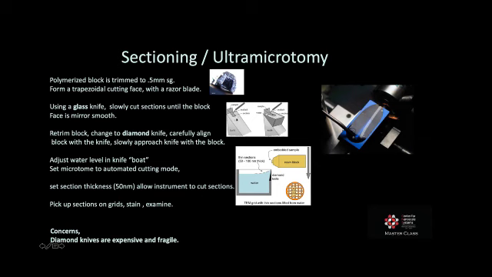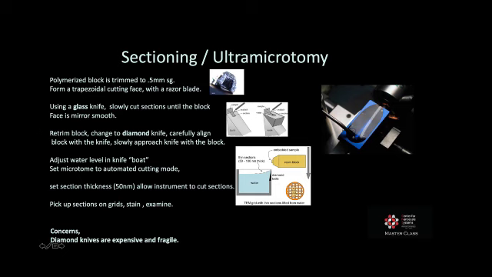Using a glass knife, we're going to face this block until we reach our material or until we reach a mirror smooth finish. For beginners, you can then mount a boat onto a knife, fill that boat with water, and collect your sections. If you are at the skill level that you're using a diamond,